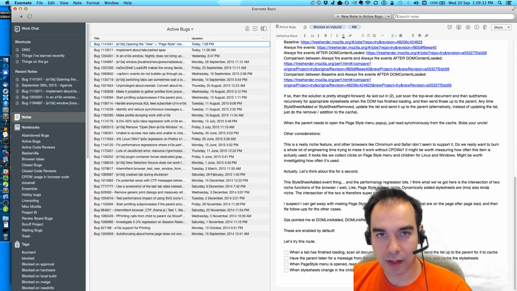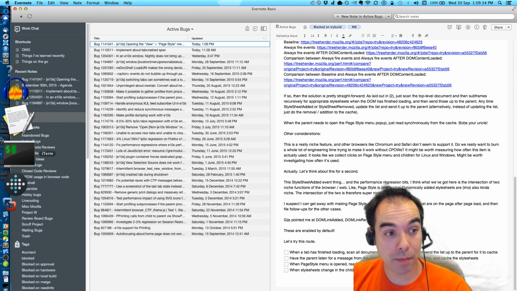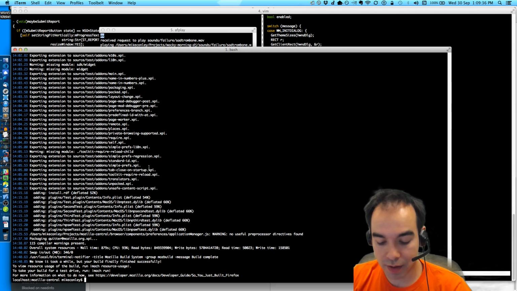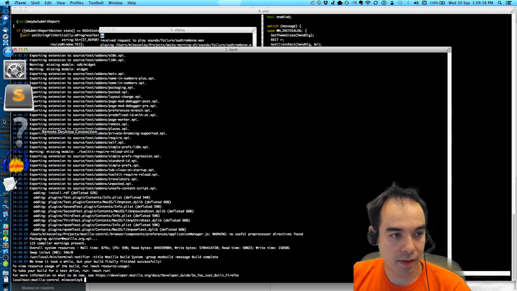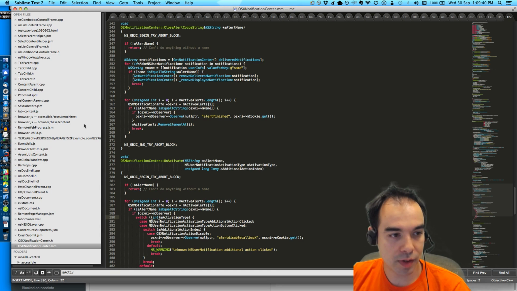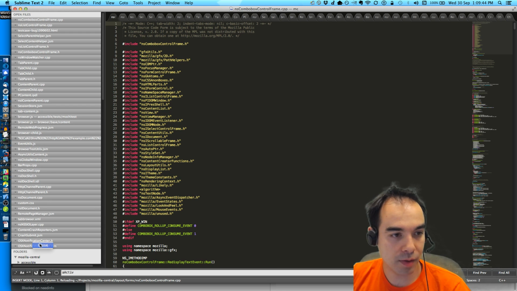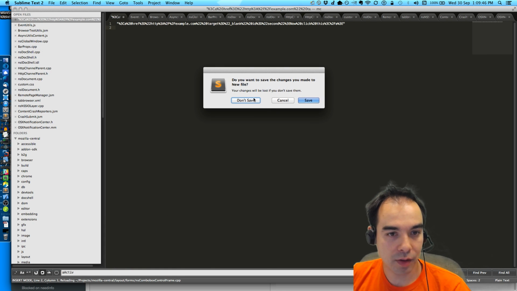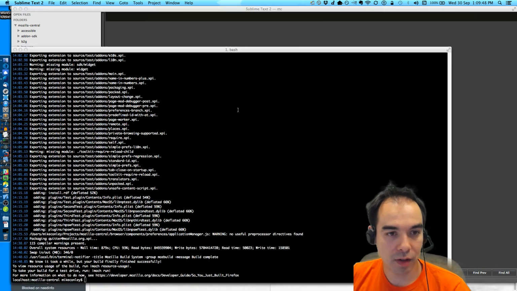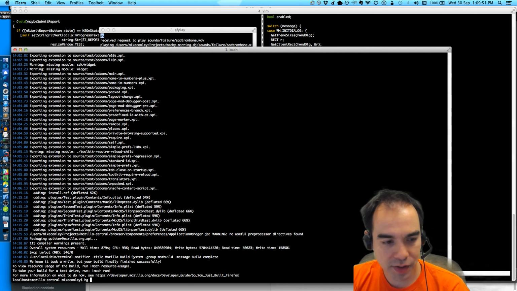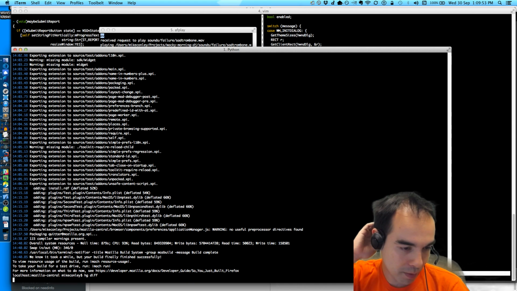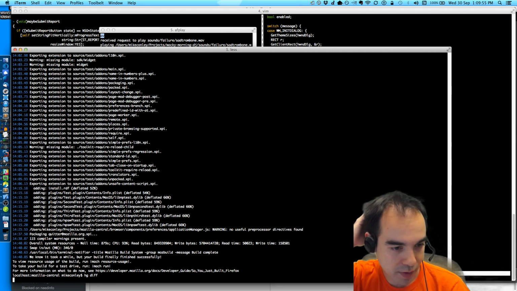So let's get started. I have a build of Firefox all ready to go here. And where should we do this work? Well, I've got a bunch of files open in here. I don't need those anymore. I don't need that. Just going to close all those things. Going to clear the palette. So there was a build problem as well this morning.